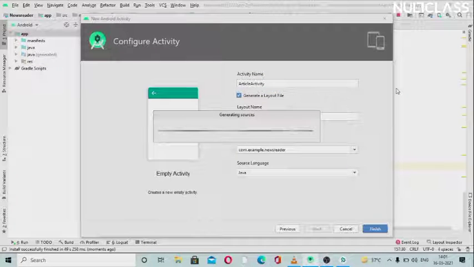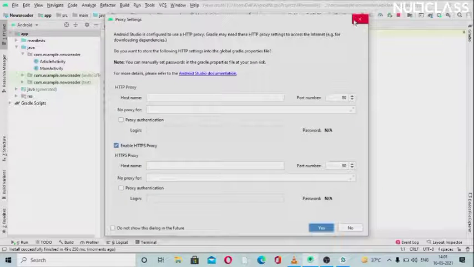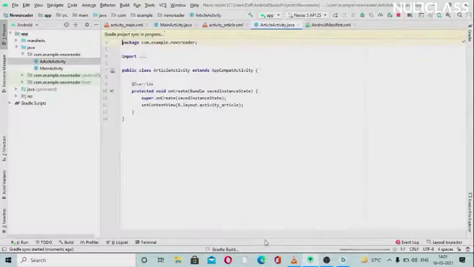So I'll just click on finish and give it time to build the Gradle.